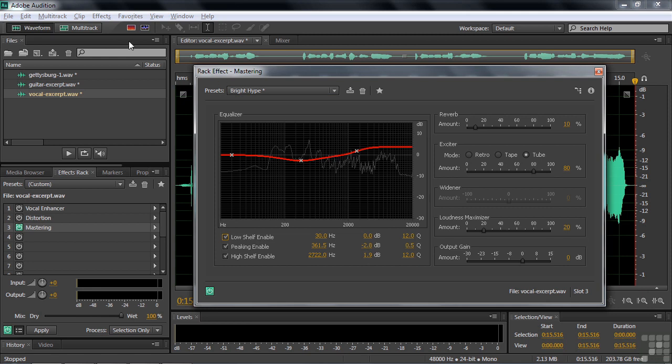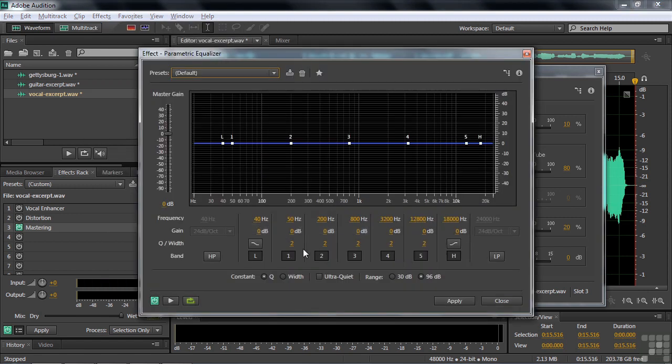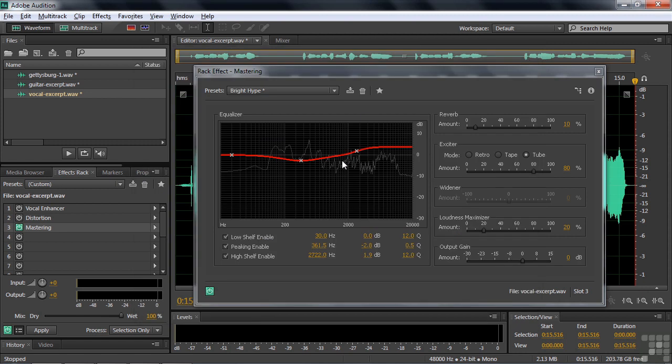You know, why use this when you can go to Filter and EQ and look at the Parametric Equalizer, and you've got 7 bands here, plus the high pass and low pass. Here you have only 3. You have a reverb with only a single slider. Why take a reverb with a single slider when you've got 5 reverb effects that have all kinds